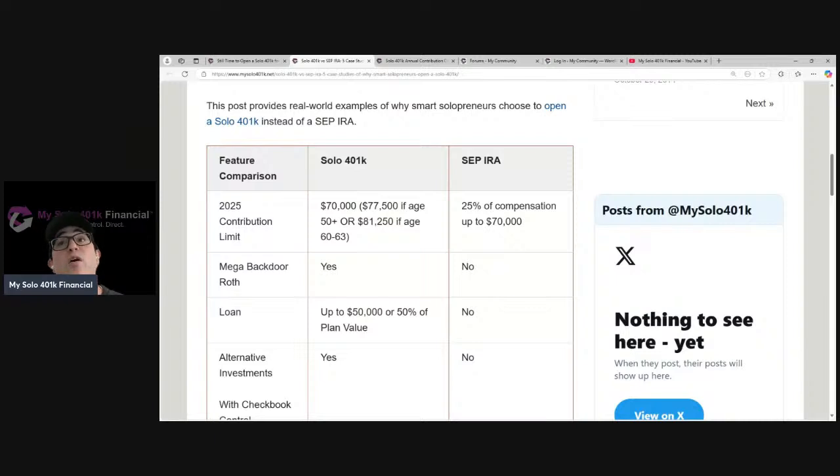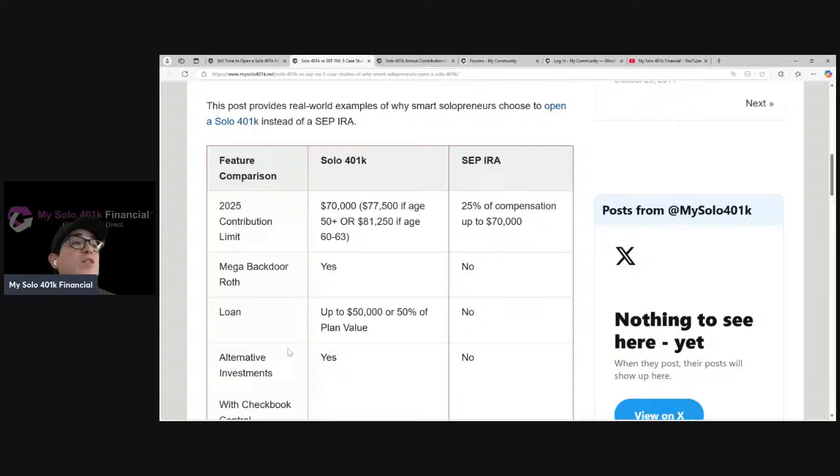And you can contribute 100% of your wages dollar for dollar up to the limit as a voluntary after-tax contribution. So for that same scenario where the person is age 45 and they have $100,000 of W-2 wages, if they were looking at making Roth contributions to a SEP IRA, they're going to be capped out at $25,000. Whereas with our solo 401k plan, they could contribute up to $70,000 as a voluntary after-tax contribution and then move it over to a Roth solo 401k. So instead of $25,000 in a Roth, they're putting $70,000 into a Roth.